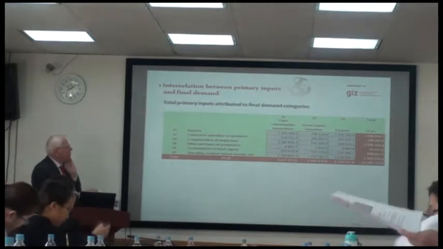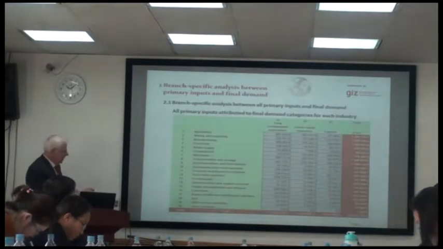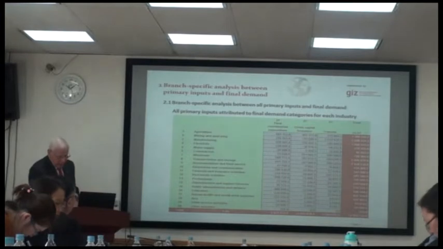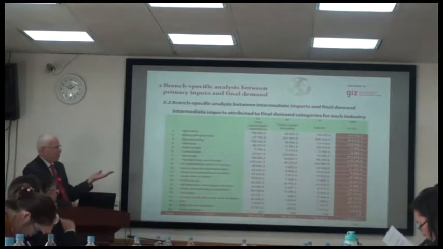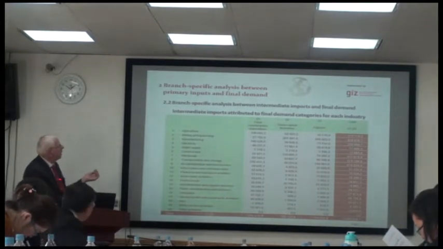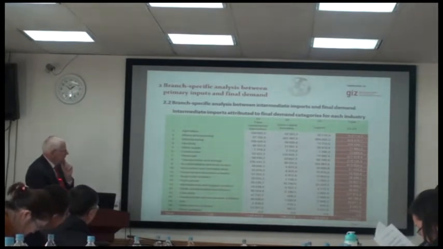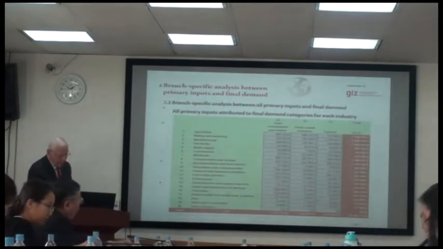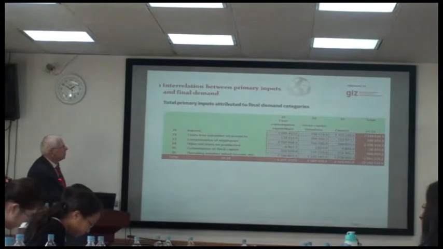Here we have the disaggregation by the different primary input components. In the other compilation, we have the contribution of the 20 sectors with all primary inputs. If we go one step further, we can make this branch-specific analysis for the individual components of primary inputs. Here we have done it specifically for intermediate import. Let's look at this row: 1095, 700, 1001. Let's go back to our computation before. So we must type it in the first row. Yes, there are the figures again in the first row.